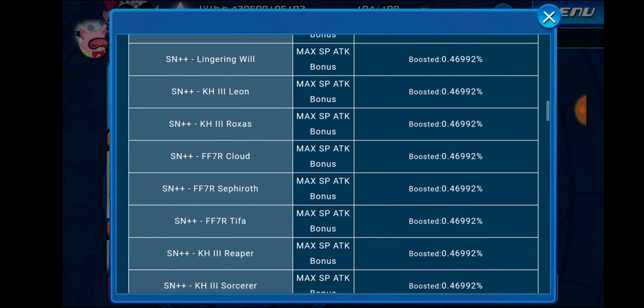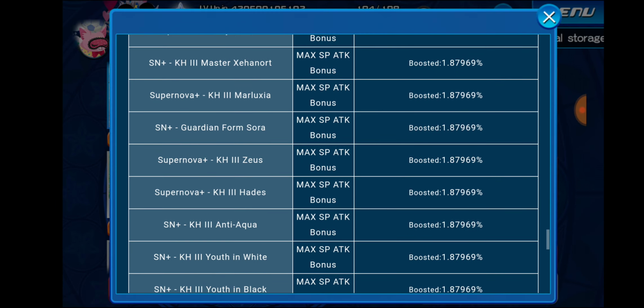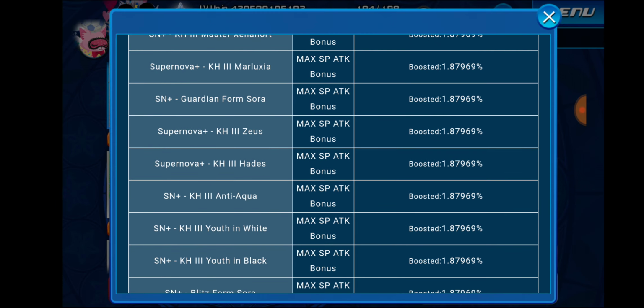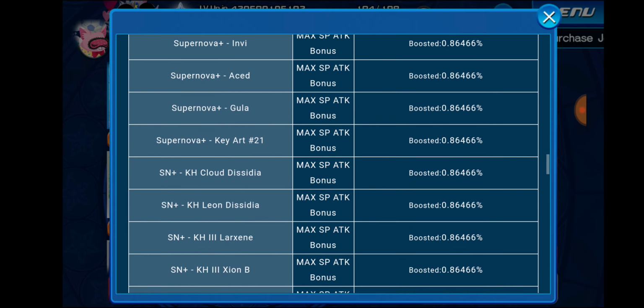The only ones that are worth it, like if you pull Ultimate Form Sora a bunch of times in this banner, it's just not worth it, right? Or Marluxia here, or Guardian Form, or Zeus. Just not great medals at this point in time. Even Youth in White and Black are just not great medals at this point in time, so just not a